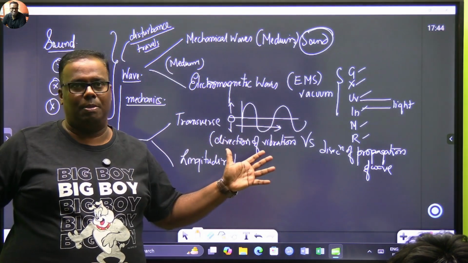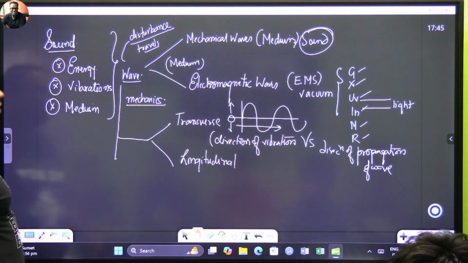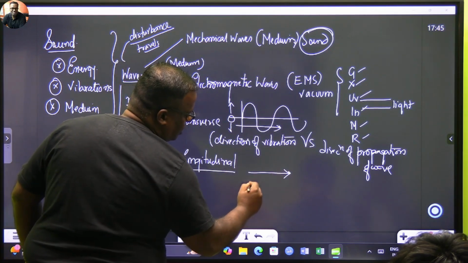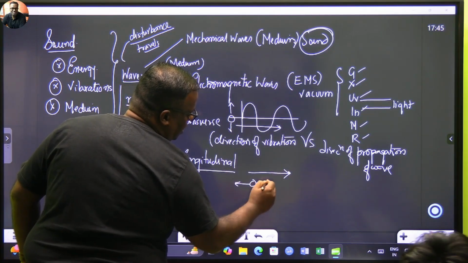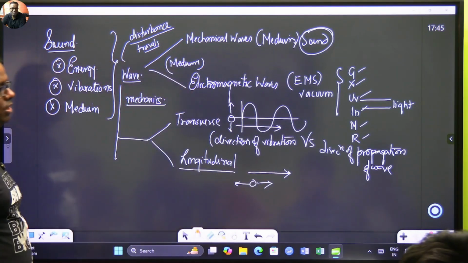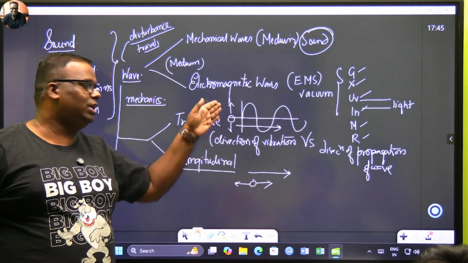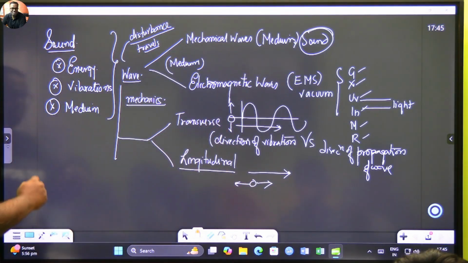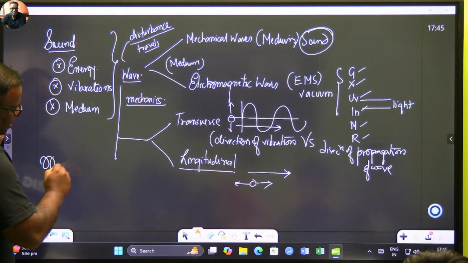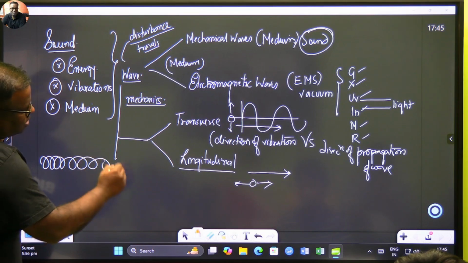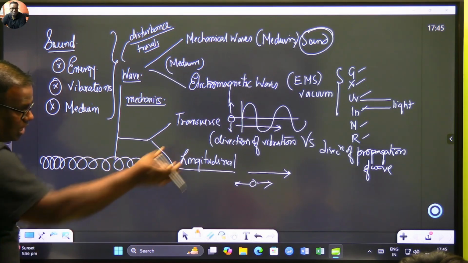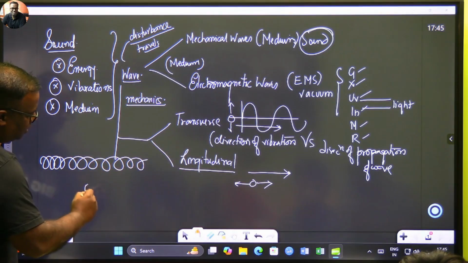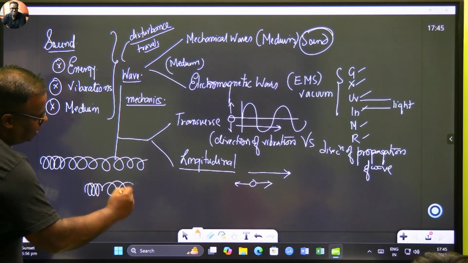That's a transverse wave. Another wave is longitudinal, where if this is your direction of wave propagation, your particle will be vibrating to and fro along the direction. देखिए दोनों में एक फर्क है, यहाँ to and fro at 90 degrees, यहाँ to and fro on this side. The best example is a slinky. A slinky is a spring. If you take the slinky and pull and release it in a horizontal manner, you will see the slinky forming these sorts of patterns.